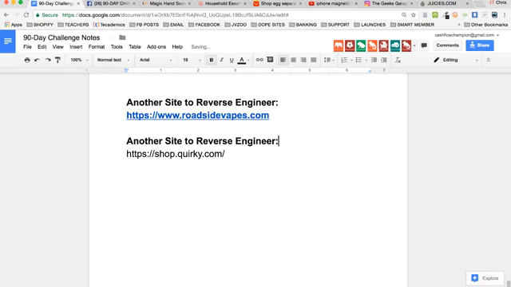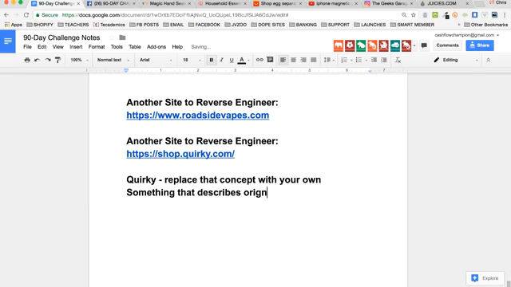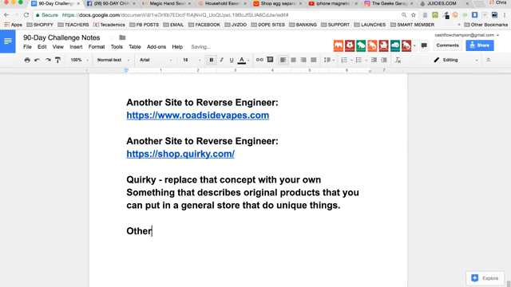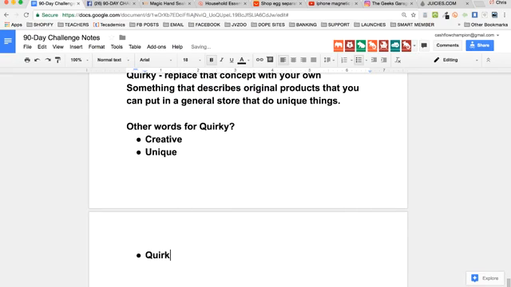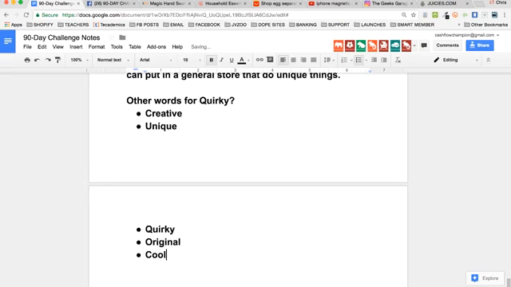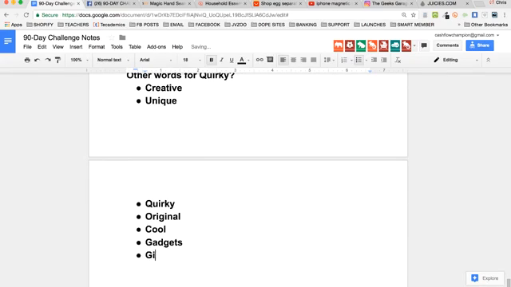Another site to reverse engineer: Quirky. Replace that concept with your own, something that describes original products that you can put in a general store that do unique things. So for other words for quirky, you could use a thesaurus, and come up with creative, unique, quirky, original, cool, gadgets, gizmos, authentic,